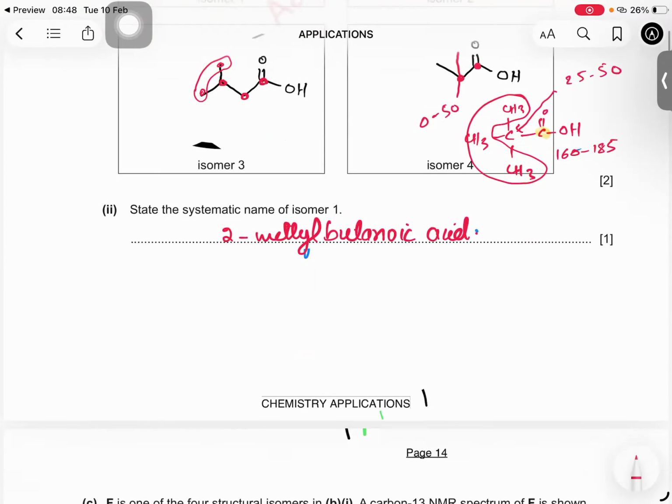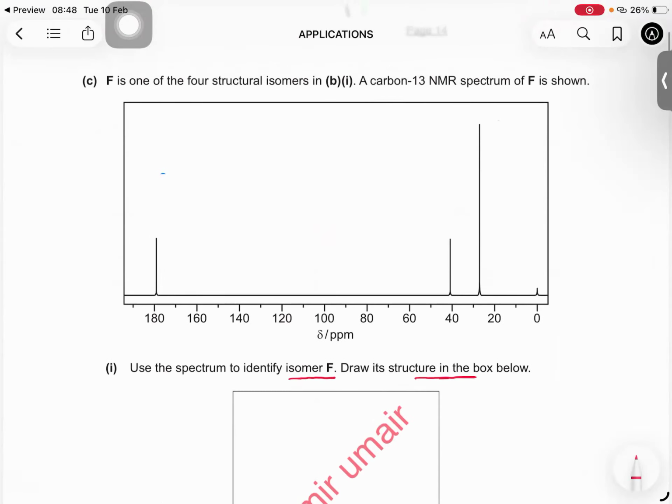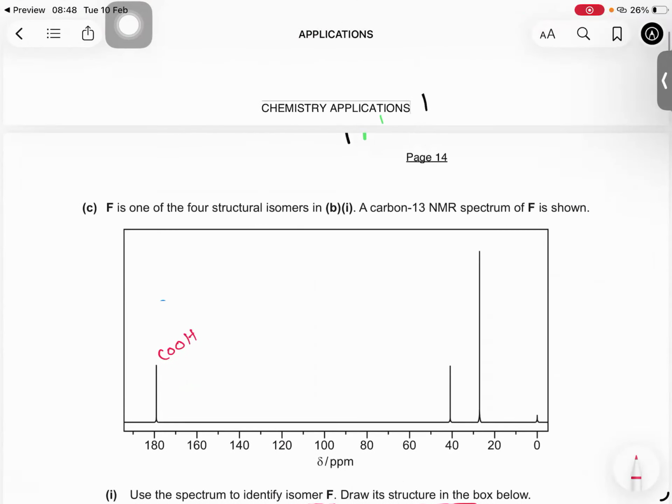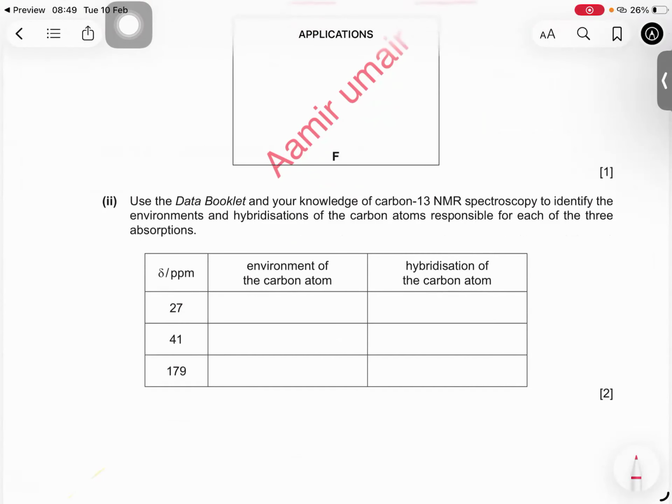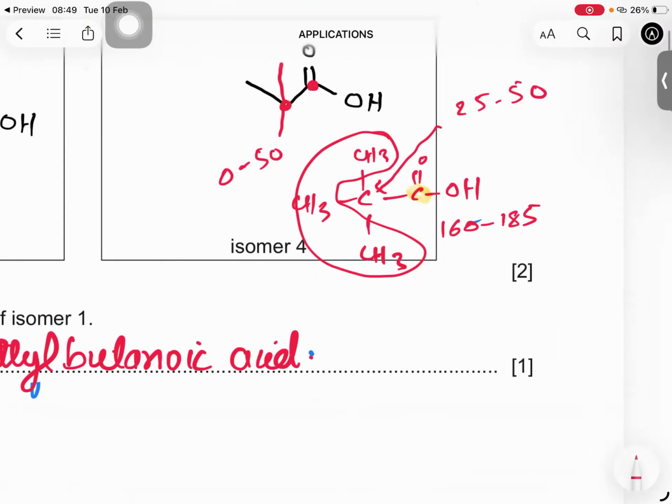So now come to this. अब आपको ये नजर आ गया, this is because of COOH. This is because of 3 CH3s. ये जो है, these are 3 CH3s. और ये जो वो single carbon था, ये उसकी वजह से, right? So now 27 पे environment of carbon atoms, hybridization of carbon atoms. Now you have to tell जो 27 पे था, जो 41 पे था, उस डेटा से ही देख के बताना है. यही डेटा, this one, यही डेटा वहां पे फिल करना है हमने।